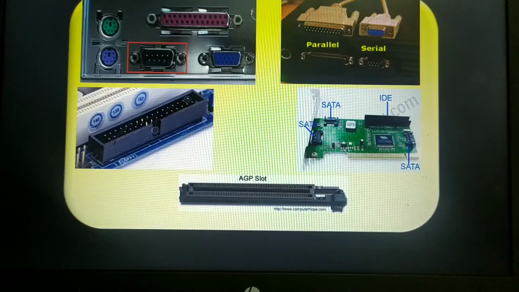Okay, moving on to the next one, that is the IDE ports, that is Integrated Digital Electronics. We have almost already studied this in the case of the hard disk controller, isn't it? As we have already discussed about this IDE drive while discussing the hard disk controller. The first ever standard hard disk controller is the IDE standard drive, that is Integrated Digital Electronics drive.